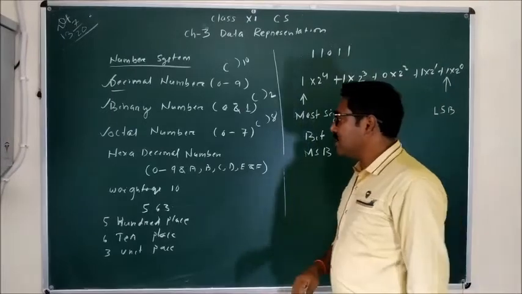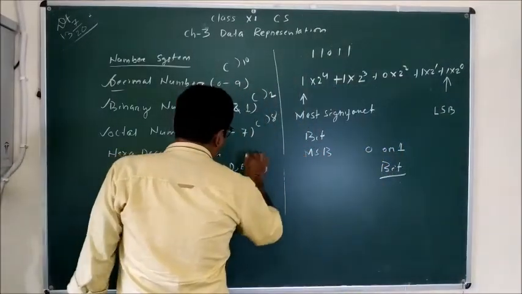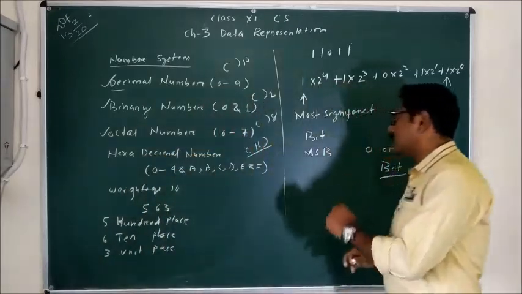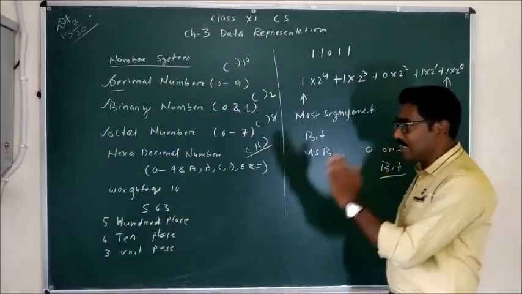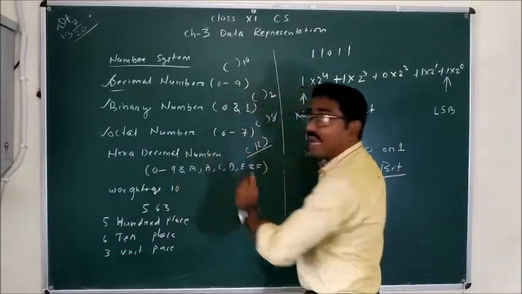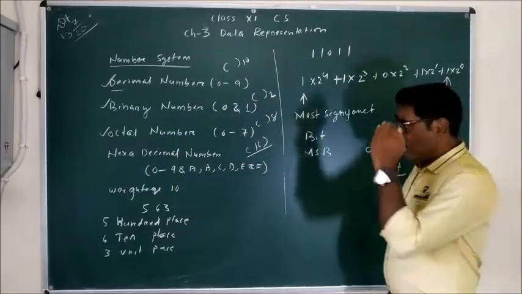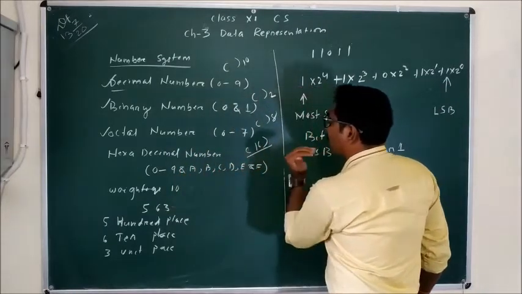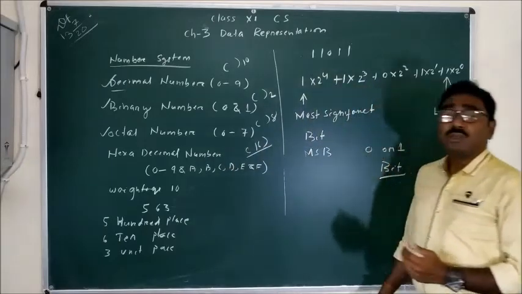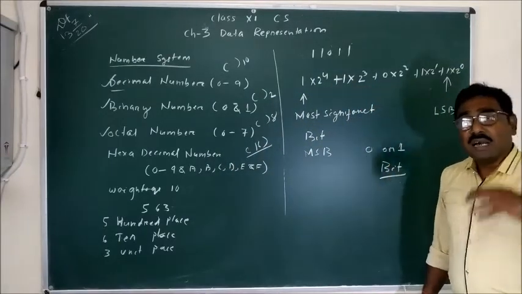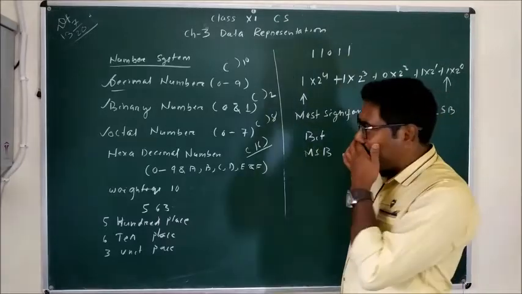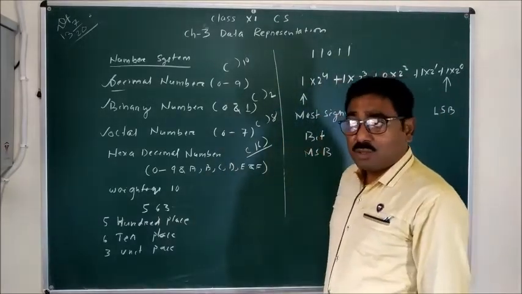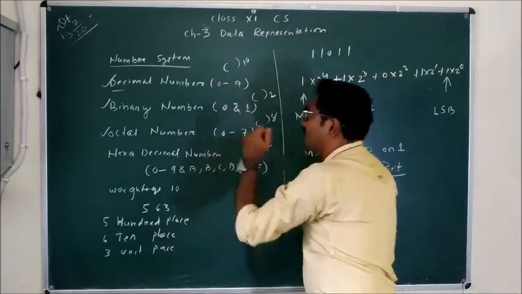In case of hexadecimal number, it is represented as base 16. Here we have a twist, and the twist is that in this case we have 0 to 9 as digits. Then after 9, the 10, 11, 12, 13, 14 and 15. The 10, 11, 12, 13, 14 and 15 are represented as the capital letters A, B, C, D, E and F. So these are the 4 kinds of number systems.